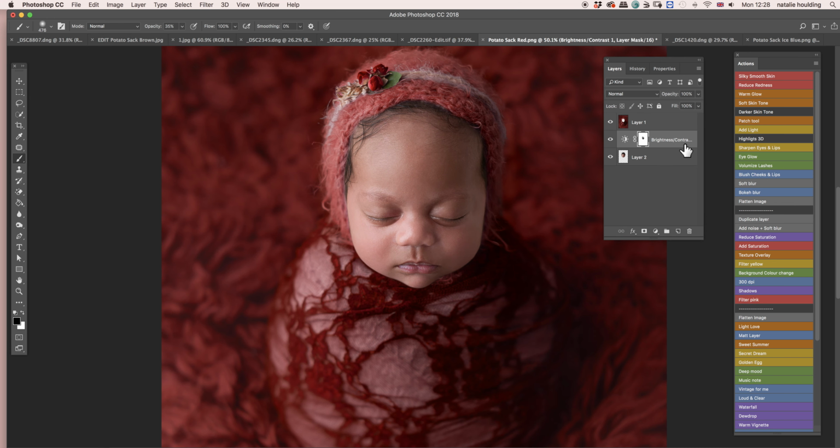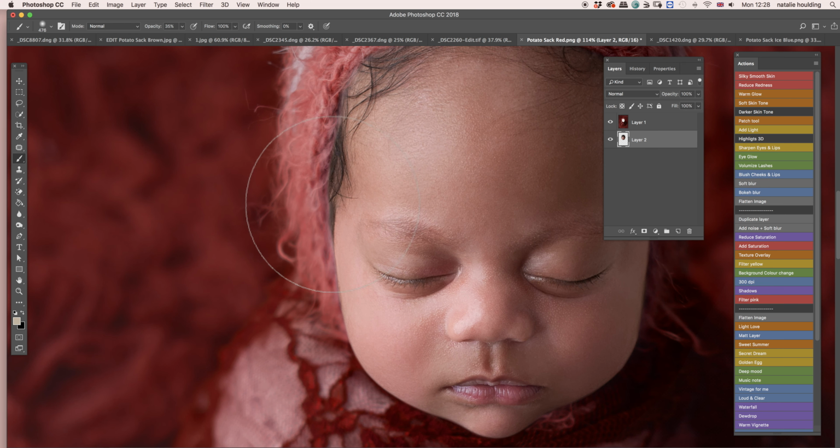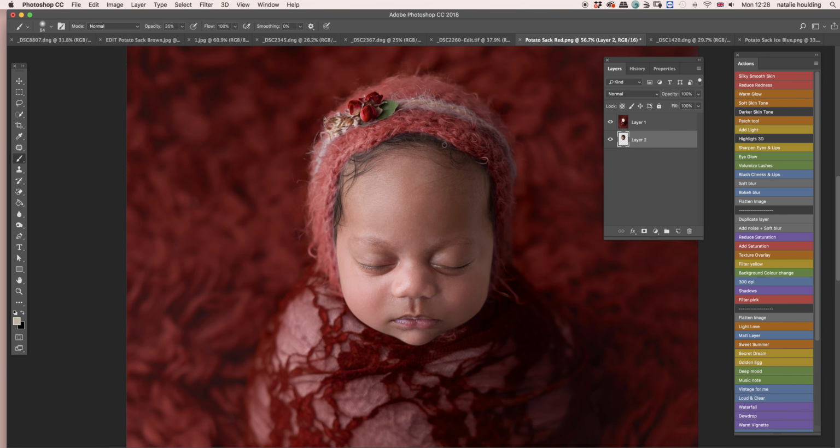Alright, I'm happy with the result. I'm just going to merge it down because, it's just me, it's a me thing. I don't like when I have too many layers. And I'm going to zoom in and show you that there's a little bit of a halo. It's like fluff. It is actually probably the fluff from the bonnet,